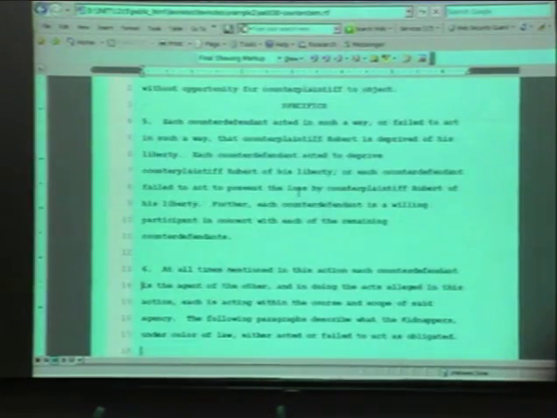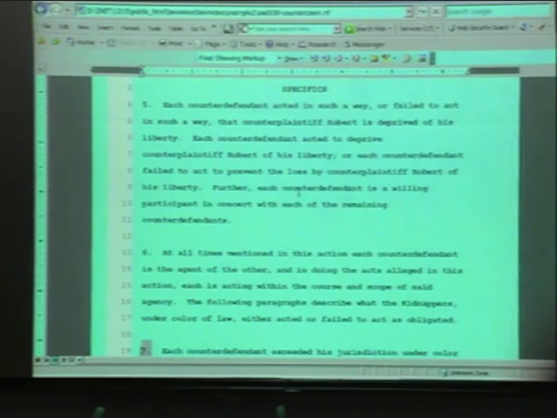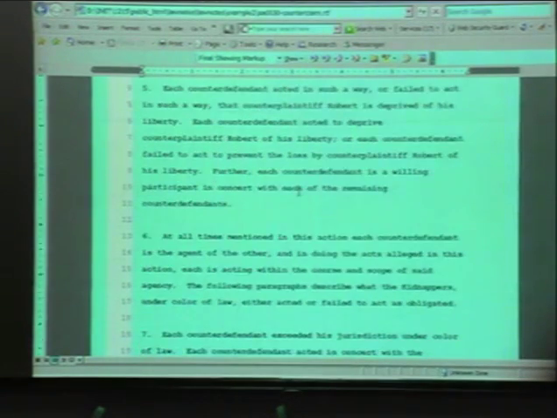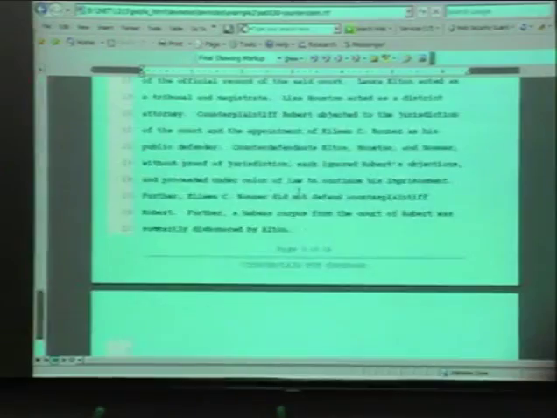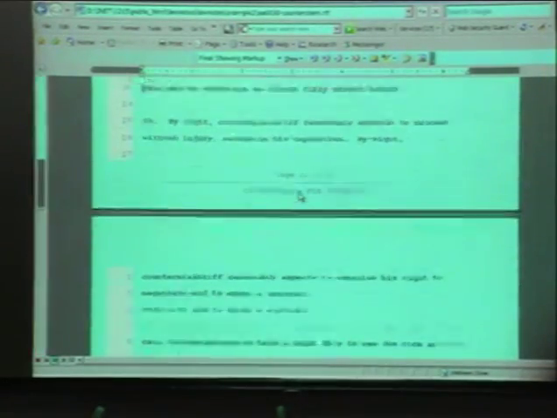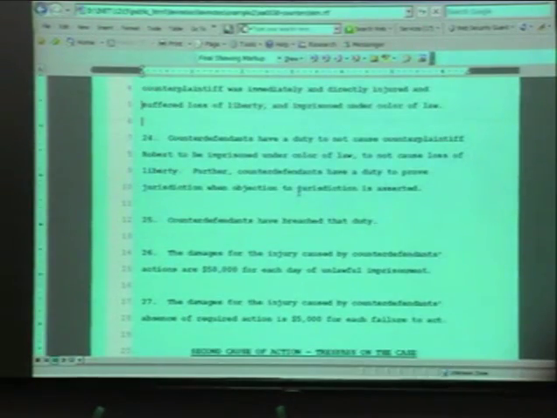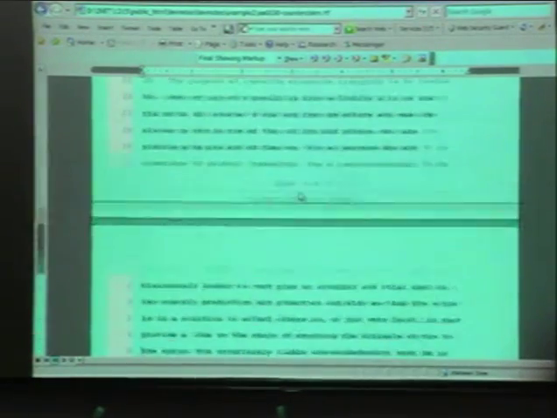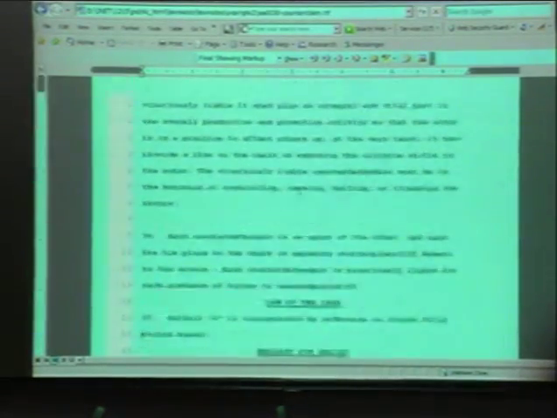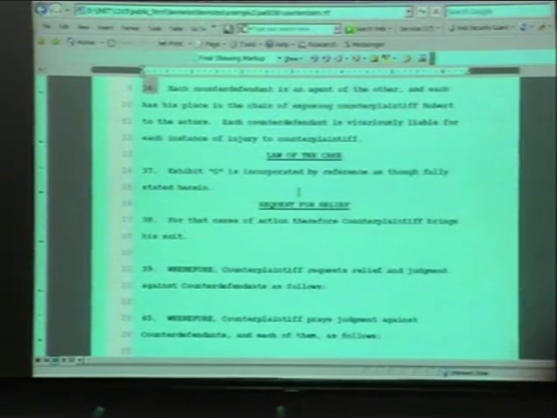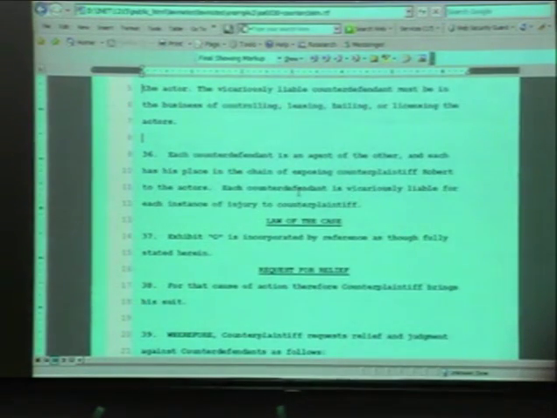Let's see. Here we have the specifics. We had an introduction, then we had the specifics, and then we go down here, and I know we're going to get to it eventually. As we buzz down, here we go. I think I passed it. Oh, that's the second cause of action, trespass on the case. Third cause of action. Okay, and then the law of the case. Now in this case,